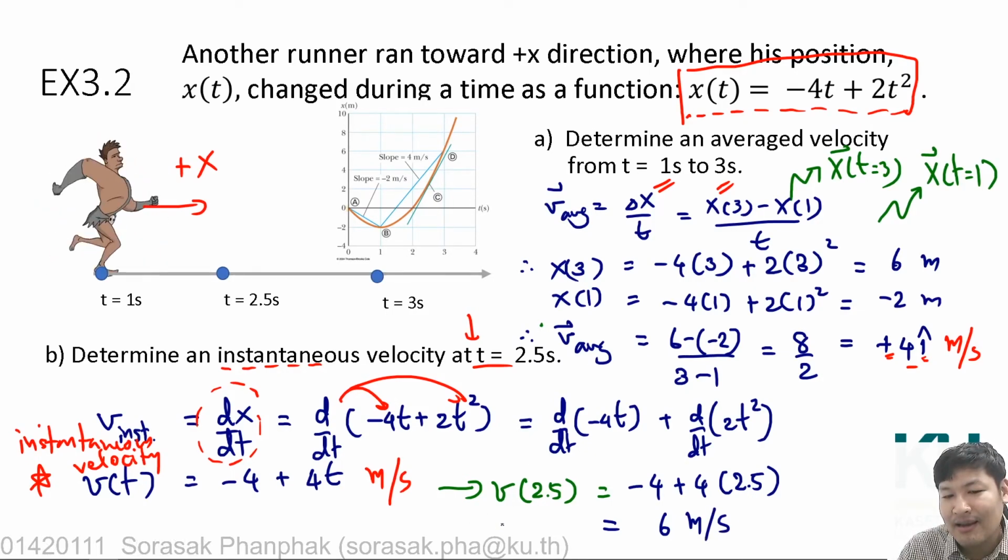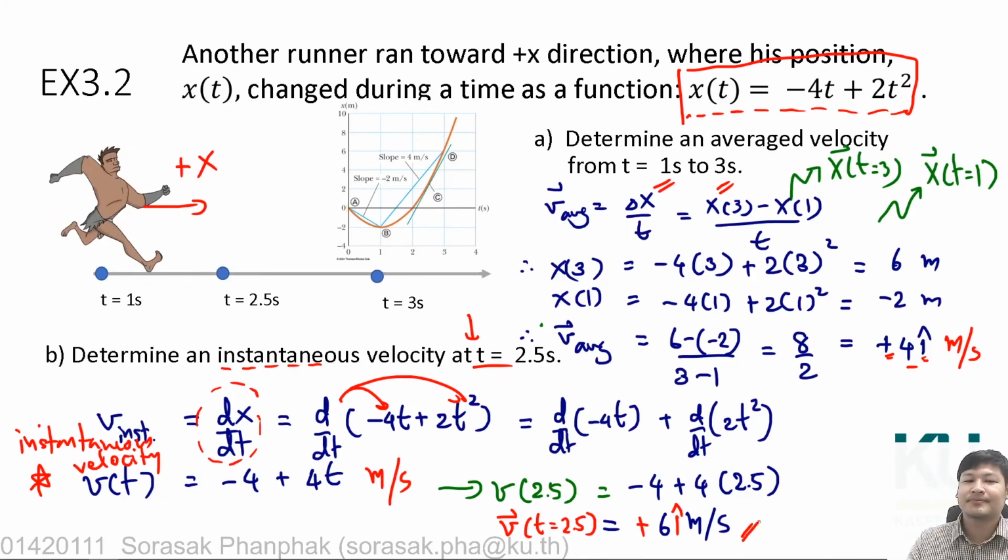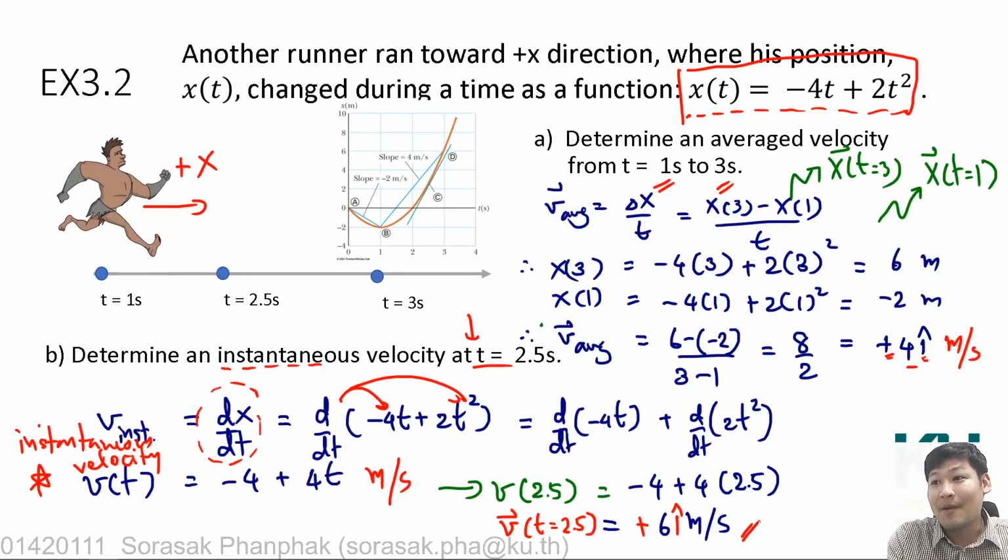If you state it as a vector, velocity is a vector, at t equal to 2.5 it's going to point in the i direction, plus i direction here. Right, now you can see the difference between the average velocity and the instantaneous velocity. So now it's your choice, and what the question is asking you about, you should use the proper definition for the different